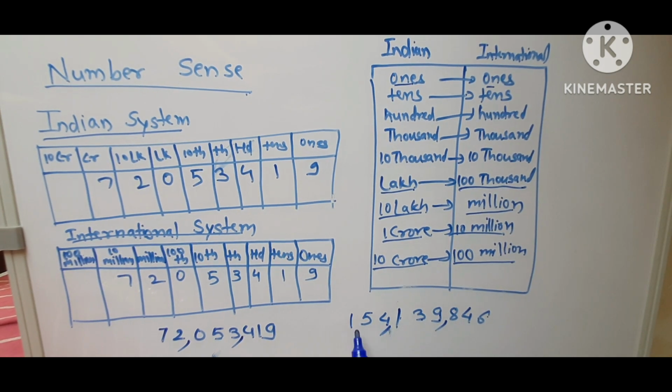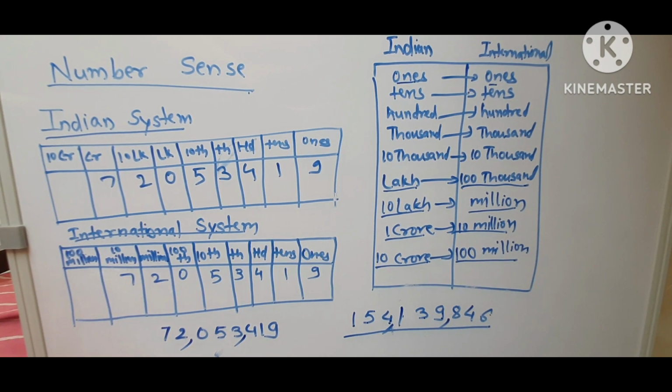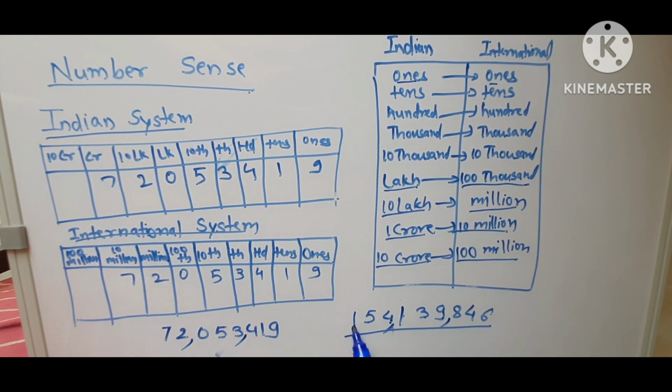This goes 4 million, 54 million, 154 million. The total way of reading this number in the international style of writing would be